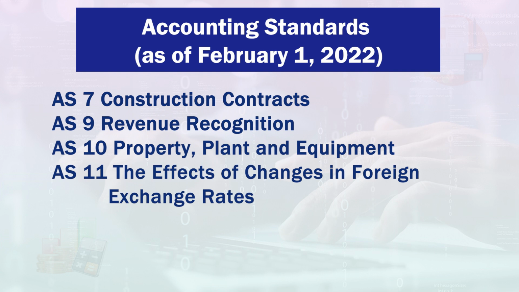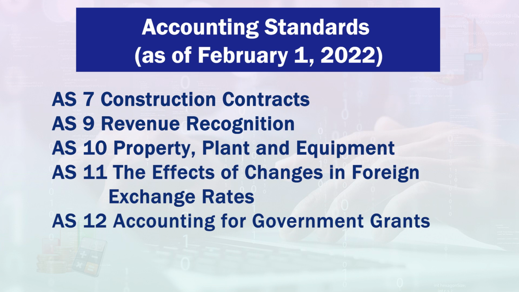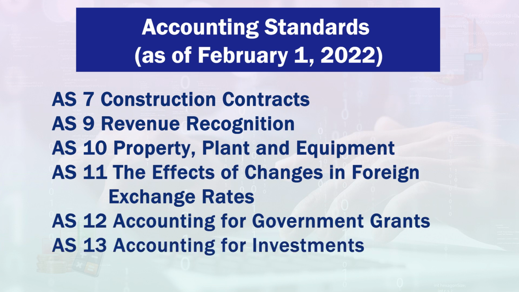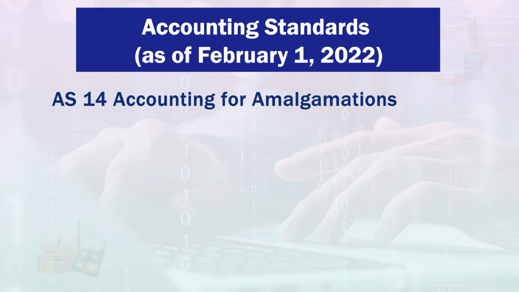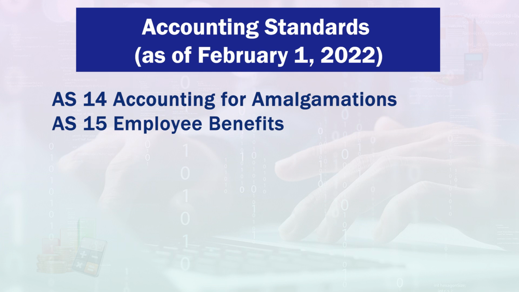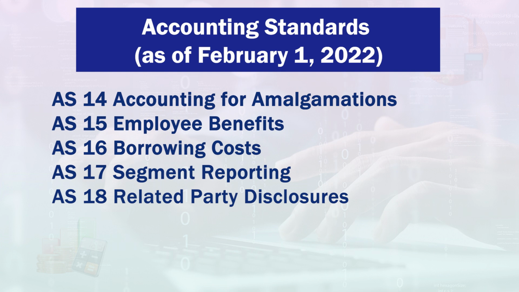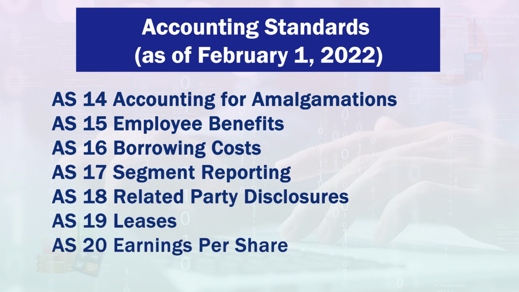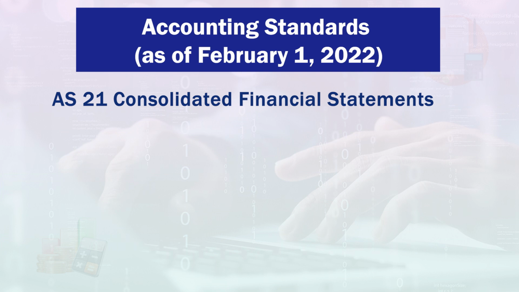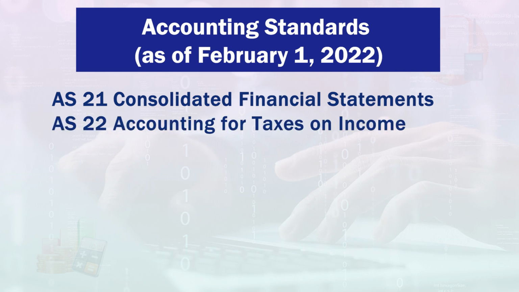in foreign exchange rates. AS 12, accounting for government grants. AS 13, accounting for investments. AS 14, accounting for amalgamations. AS 15, employee benefits. AS 16, borrowing costs. AS 17, segment reporting. AS 18, related party disclosures. AS 19, leases. AS 20, earnings per share. AS 21, consolidated financial statements. AS 22,